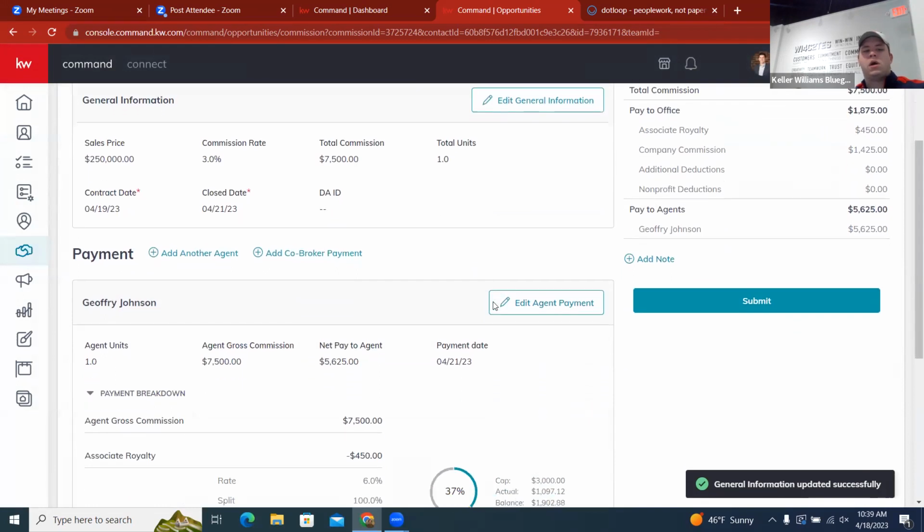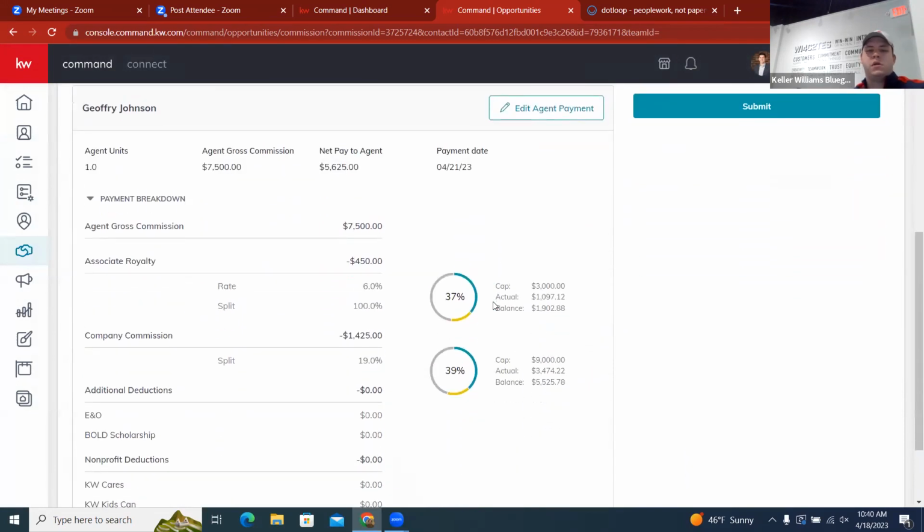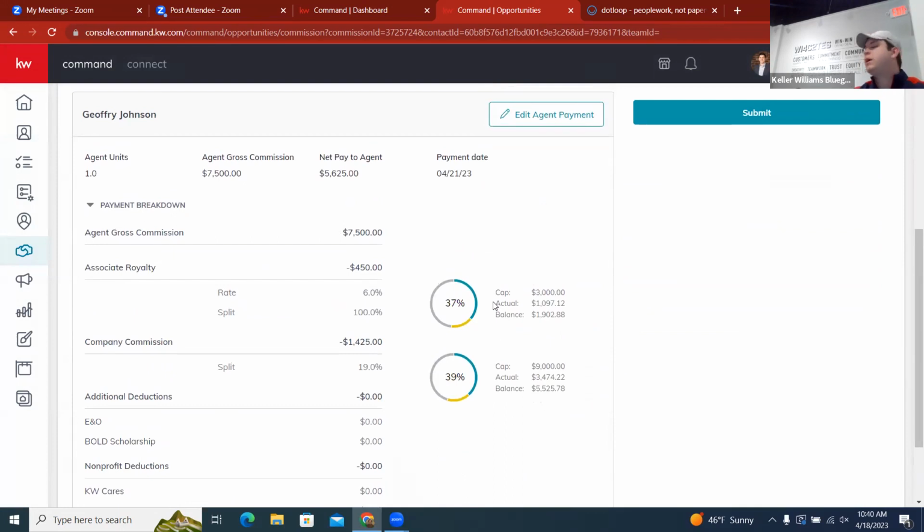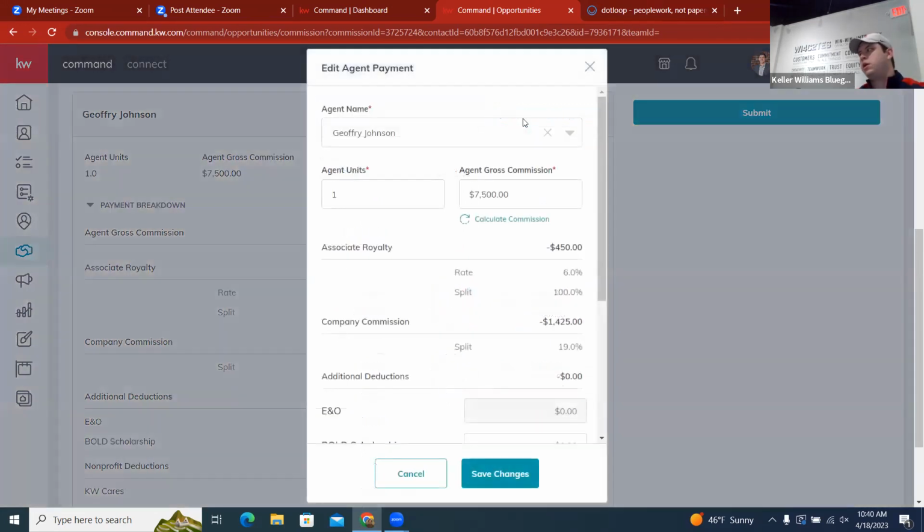And then you will come down here and be able to look at what that commission looks like based off your split and your cap. You can come into this edit agent payment section, and this kind of goes back to what you were talking about, splitting a commission with a co-agent. If you have any kind of co-agency on a listing, or you're both representing a buyer and you're splitting that commission, you have a referral fee, anything other than Courtney's PC contract fee, because that is taken automatically from the office. You would come in and add